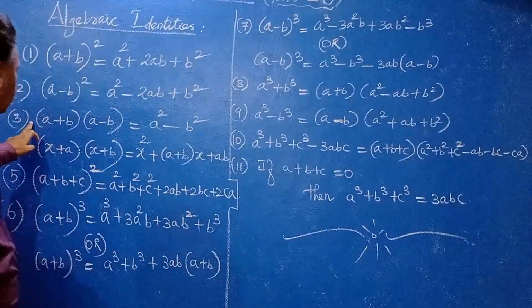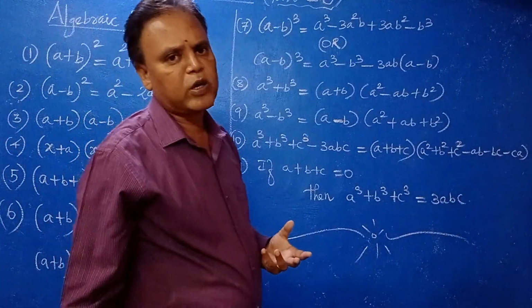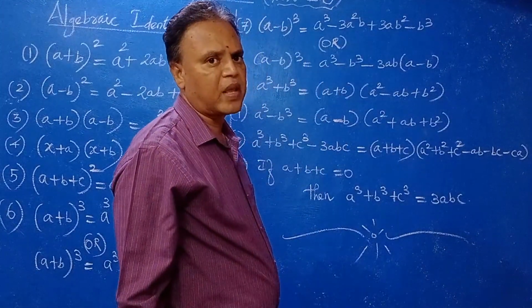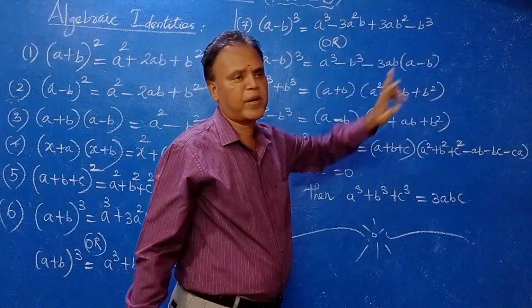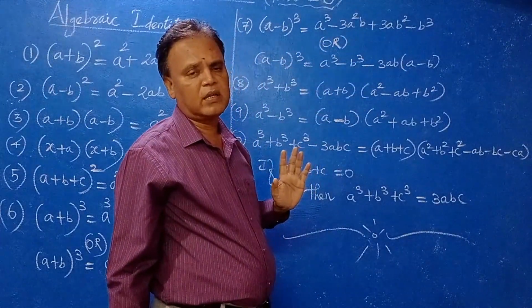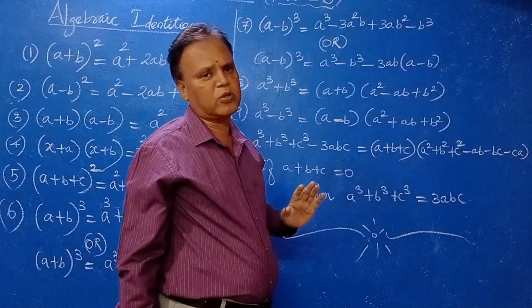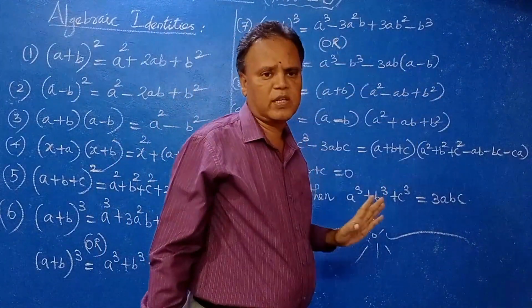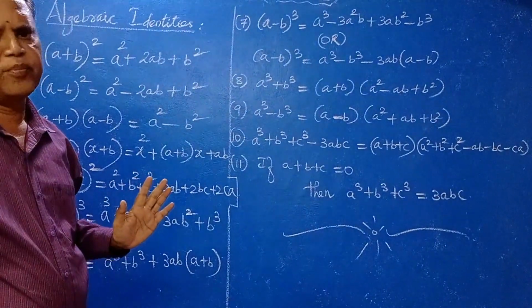Here also there is one formula, that is a squared minus b squared. This is also a factorization formula. It is more useful. Clear? When solving problems, that factorization formula is more useful. Now this formula, a minus b whole cube, is the expanded form. Normally we will use the expanded formula only. In some problems you have to use the other formula also, depending upon the problem. But normally the expanded form is what you use. Clear? So know these 11 identities thoroughly, very important.